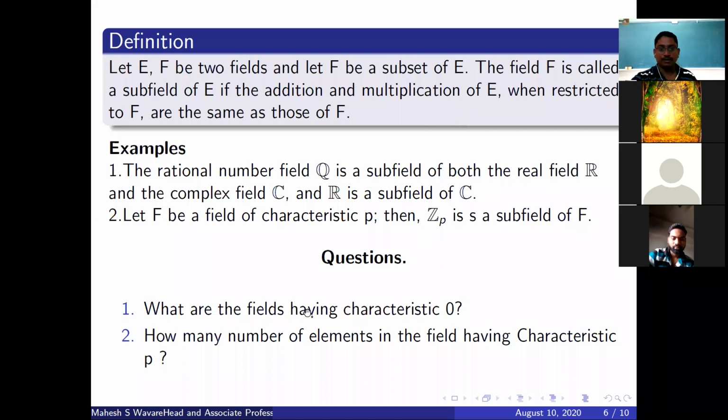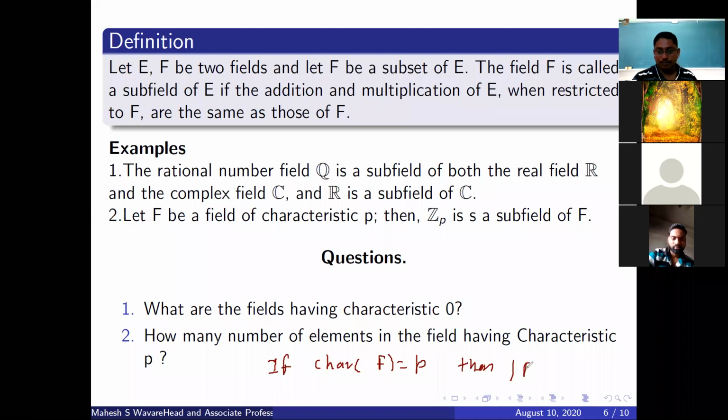Our lecture may be over here. And we have to find the answer as the following result. If the characteristic of a field F is prime, then we want to talk about the number of elements. It is either p or